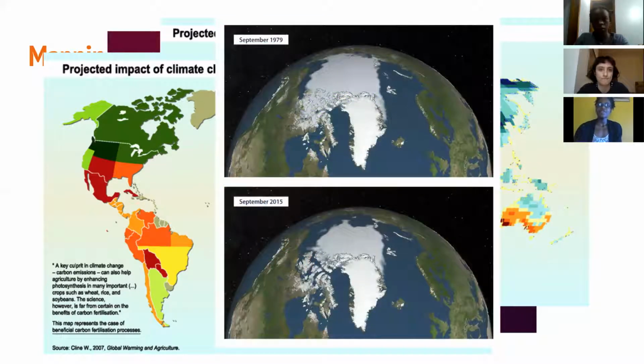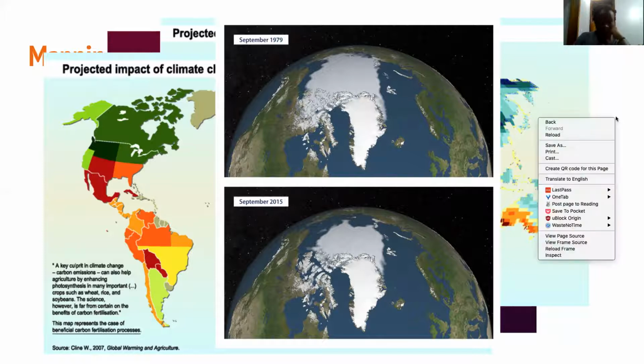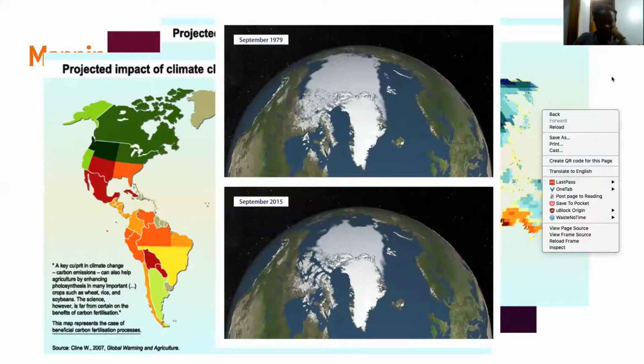This image shows the decrease in ice cover in the Arctic, and this is of particular importance because ice produces the albedo effect, which reflects radiation that controls temperature on Earth. But if it's decreasing, that effect has a positive feedback, which would only serve to continue to increase global temperature.